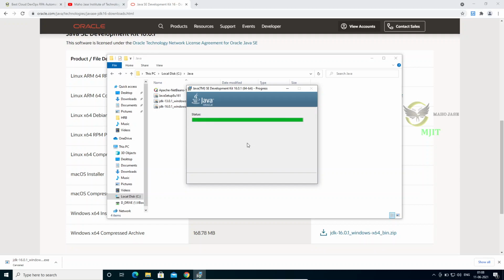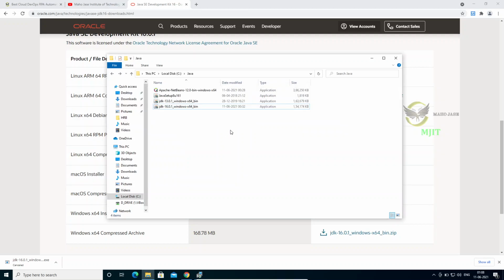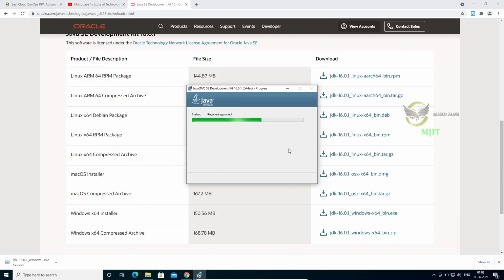It's almost done. The size of this Java JDK is approximately 150 MB.